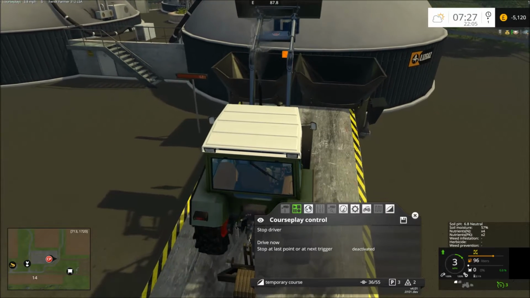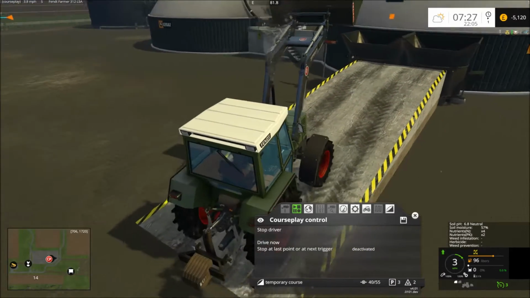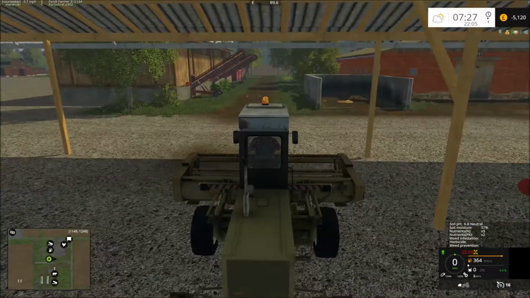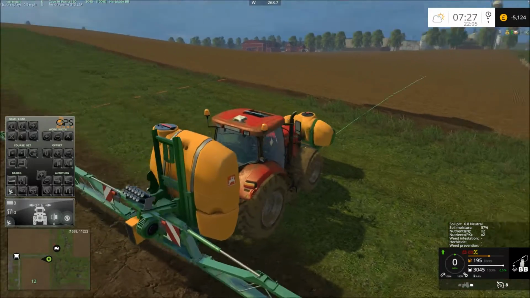Right, there we go, we'll just see how he's going. I'll hop out the side and have a look. And yeah, so he bumps into it a bit, but I'm not going to worry about that. Provided he doesn't fall off the ramp, I think we're golden. Right, we'll now hop over to the main task of the day,